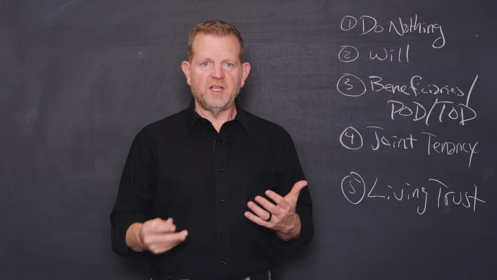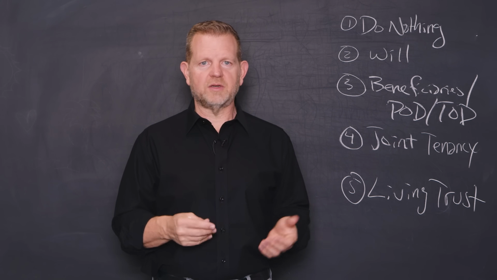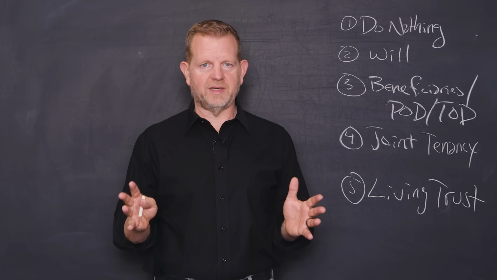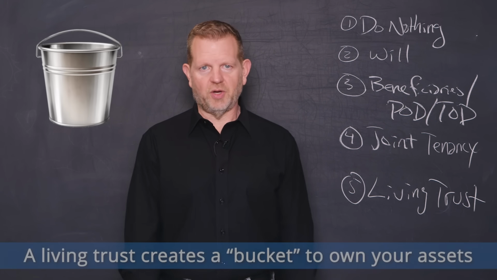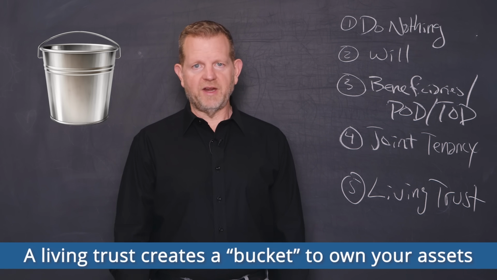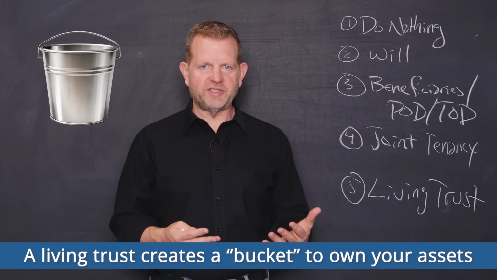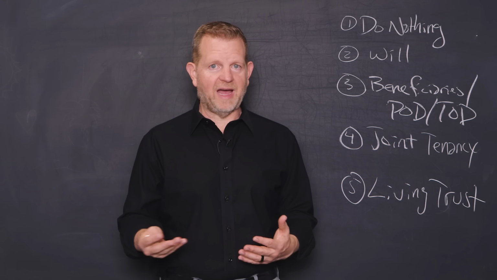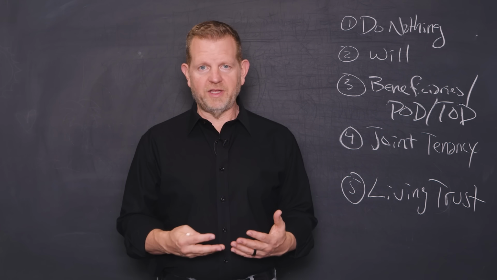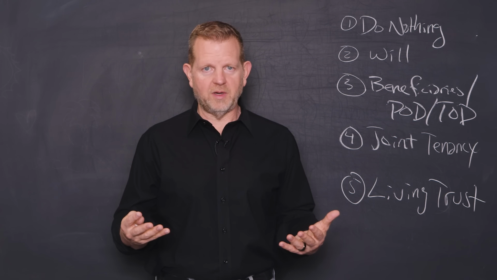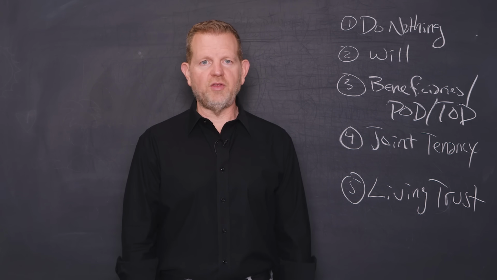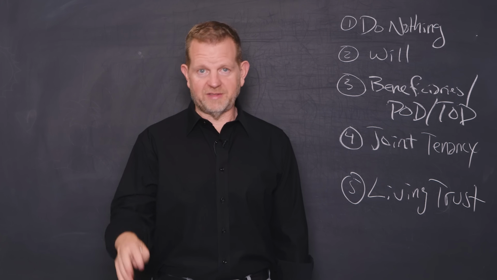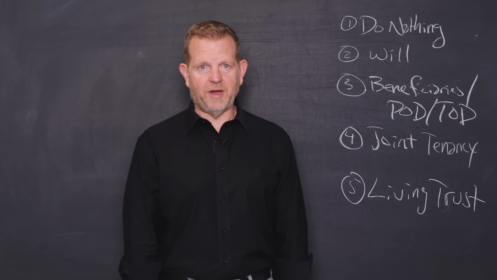A living trust, usually a revocable living trust is what they're called, or inter vivos trust, is really just a legal document. It's just a contract that creates a bucket to own your assets while you're alive. And it includes instructions of who manages them and who gets them later. Living trusts are private. They're not filed with any state, and they're designed to keep you out of court and keep your affairs private and to save you time because you're not having to go to court. You're not having to probate these things or go through things like conservatorships, which we'll hear about later.